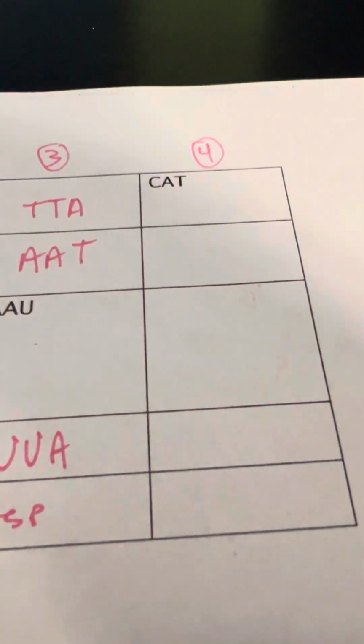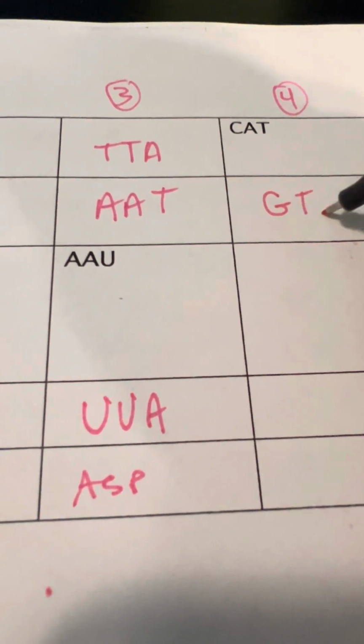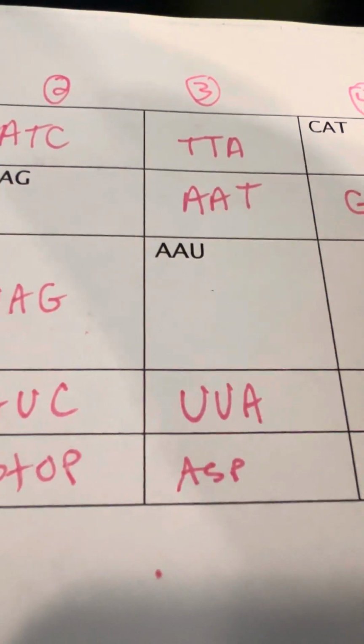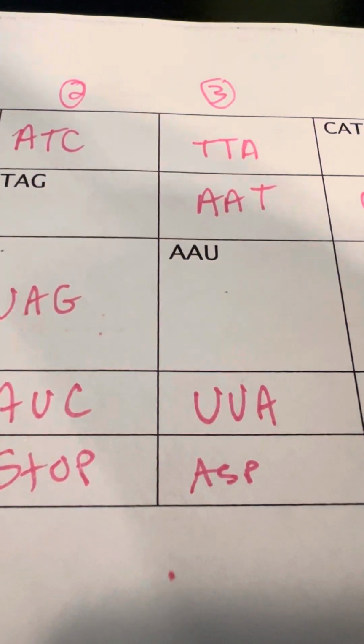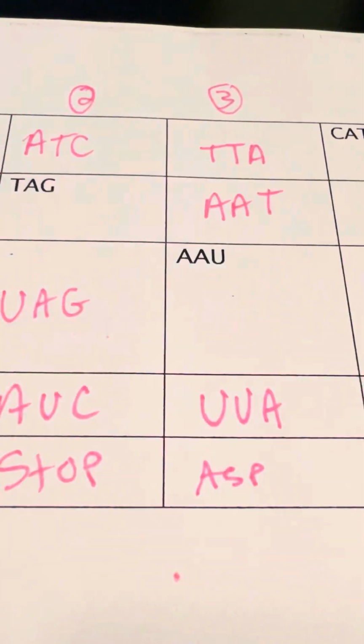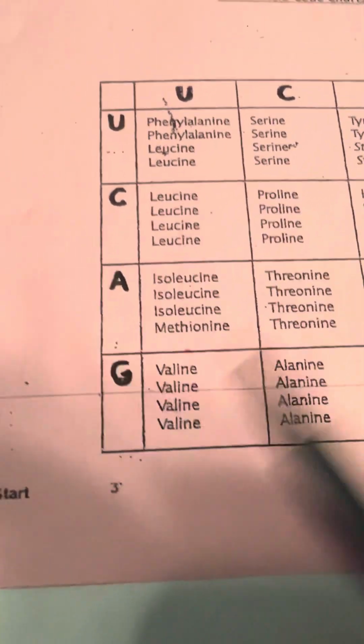All right, last one is starting normal, starting with the DNA strand. So CAT would be GTA, RNA would be GUA, tRNA would be CAU, and my amino acid for GUA is GU. It doesn't matter what the A is. This is a wobble. It would be valine, and you would write valine or